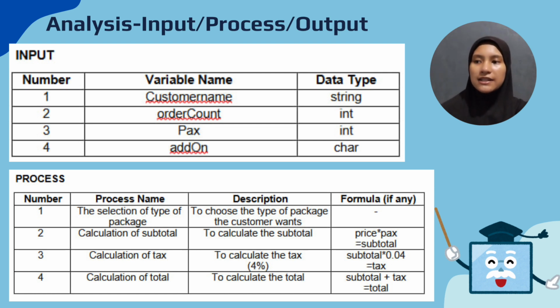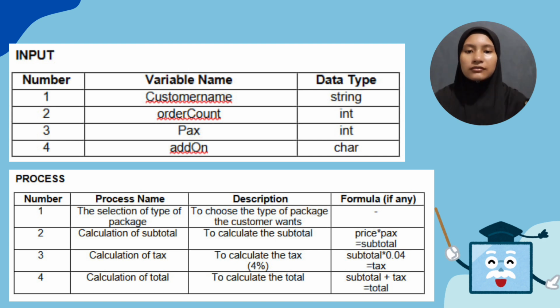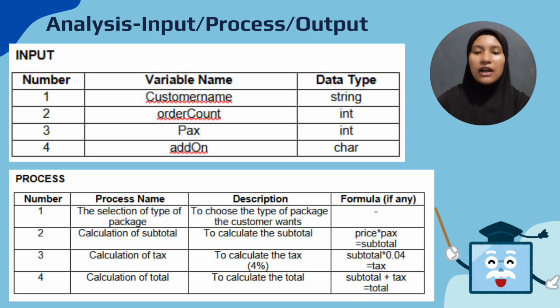The first one is customer name. The data type for customer name is string. The second one is order count. The data type for it is integer. The third one is packs. The data type is also integer. And the last one is add-on. The data type for this one is